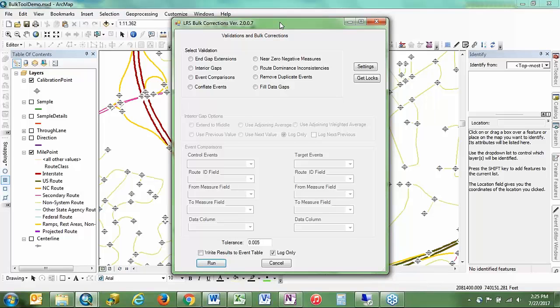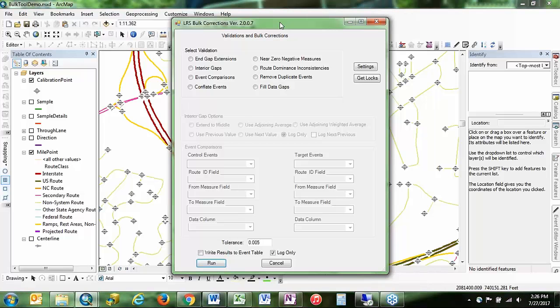So the tool uses all the available layers in the table of contents. So those are the pieces of data you have to work with. The tool respects the data connections to those layers in the table of contents in addition to any definition queries you have in place. So I say that to say that if you remove or rename layers, you'll need to update your configuration file, which I'll walk you through in a little bit here.